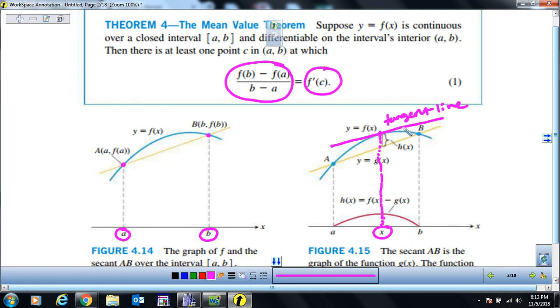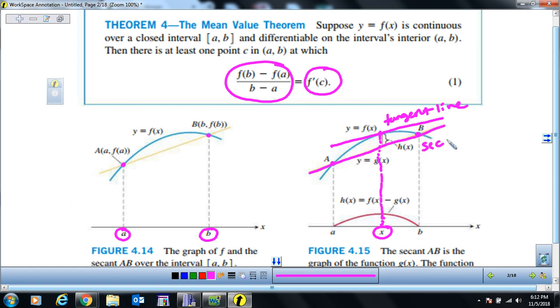So it says that the slope of the tangent line is supposed to be at this given value in between this interval. So we don't know what this number is, but we know that it exists if the function is continuous on the closed interval from a through b, if it is differentiable on the interval's interior from a to b, then we know that there's at least one value c, where if you calculate the slope of this tangent line passing through this single value on the function, it has to be the same slope as this